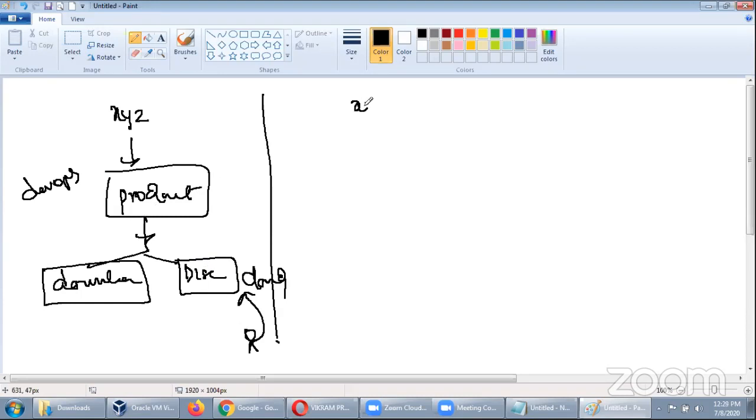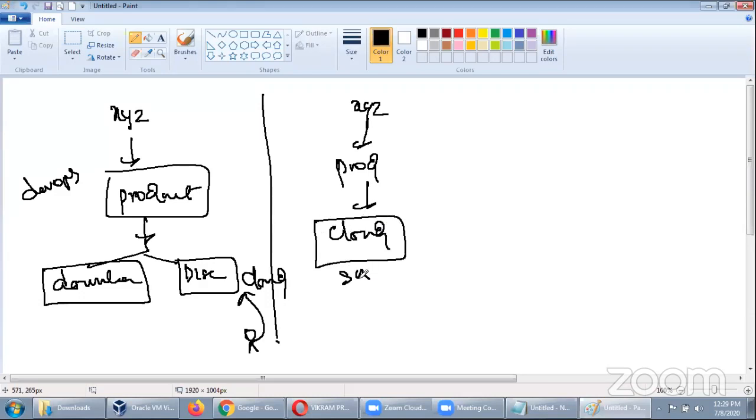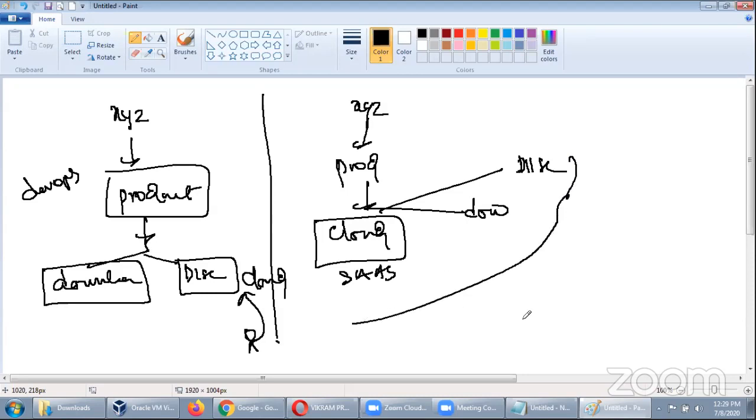But in the same situation, XYZ is a product-based company where they are offering the services on the cloud. That means online. You can access the applications like the SaaS model, software as a service. They also allow the download. They also allow the disk. So all three options are available. Under such conditions, any engineer or DevOps person who is trying to get into this organization, they expect you to have cloud knowledge because the product itself is operating in the cloud.